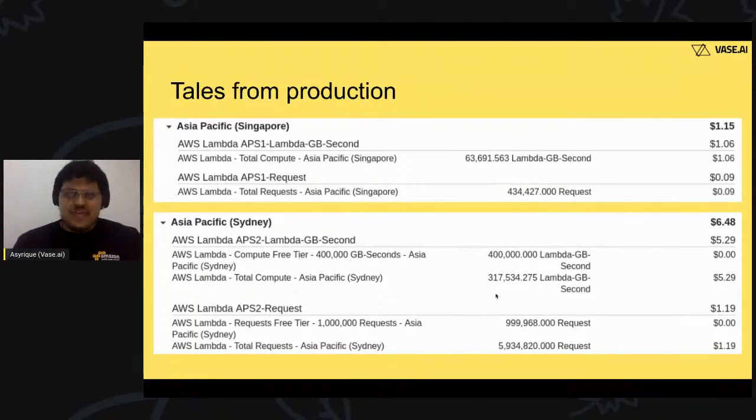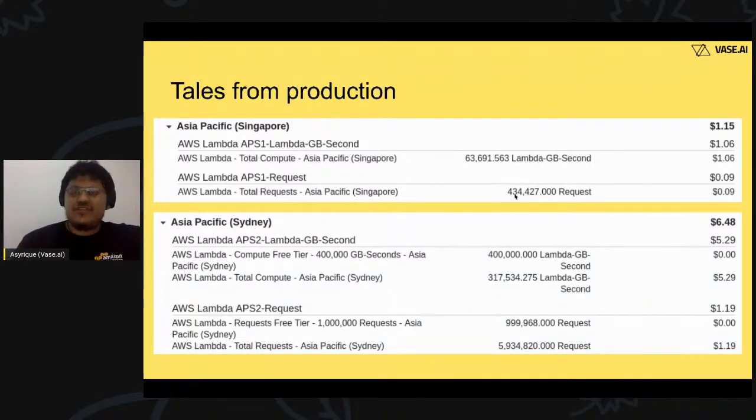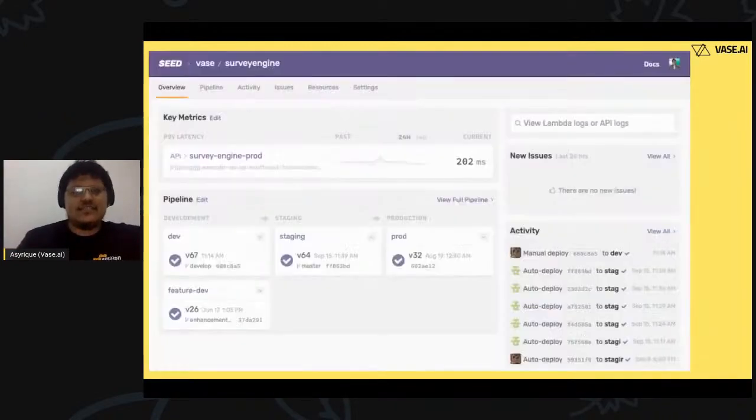Because this ties to how many emails we sent out, it is a lot higher basically. But still, we're talking almost 6 million requests costing about $1, and processing for those 6 million requests also costing about $5. In this case, there were about 400K requests, and the processing for that was also $5. So I think the costs speak for themselves. If you have a use case where it's a CRUD app, so create, read, update, delete, right? Things like people needing to put information into a database or read information from a database, serverless is the no-brainer way to build it, if you're building it today, at least.